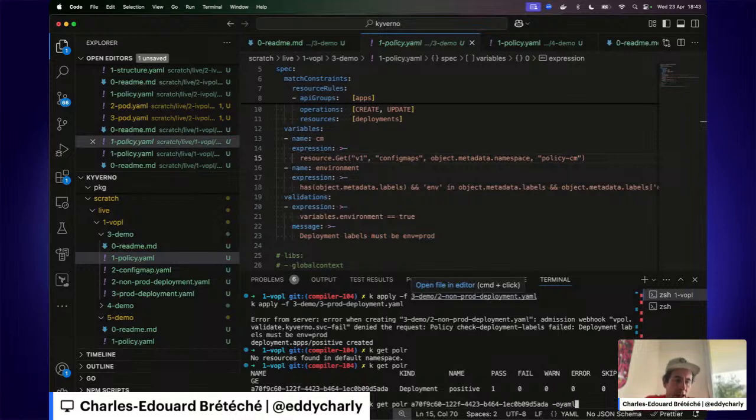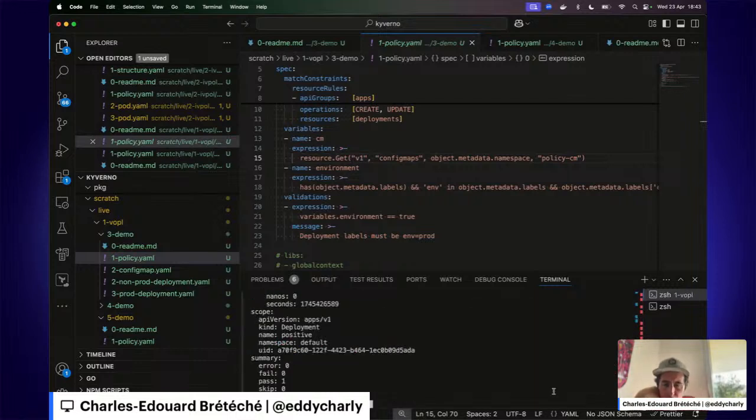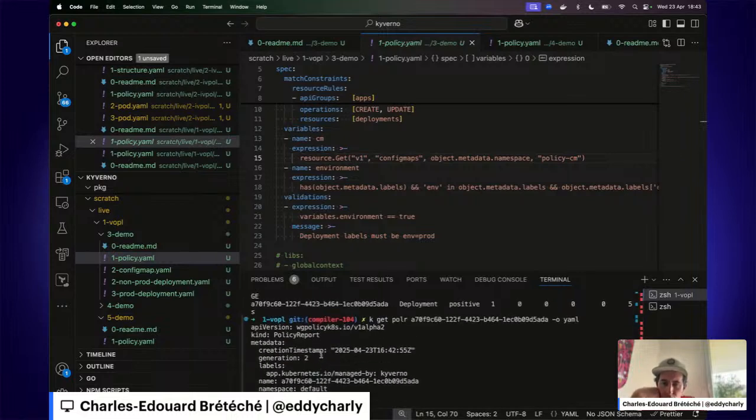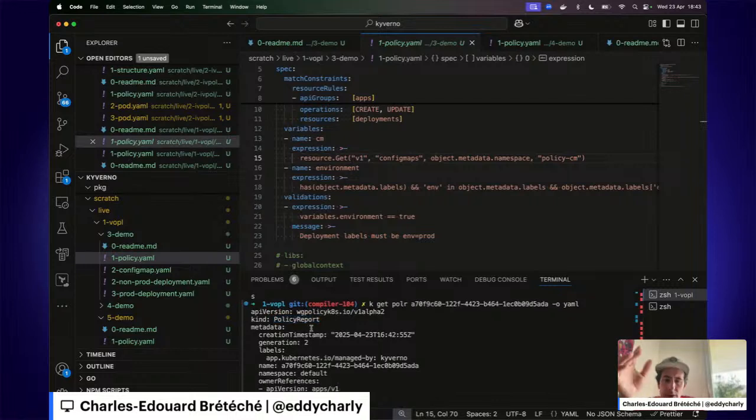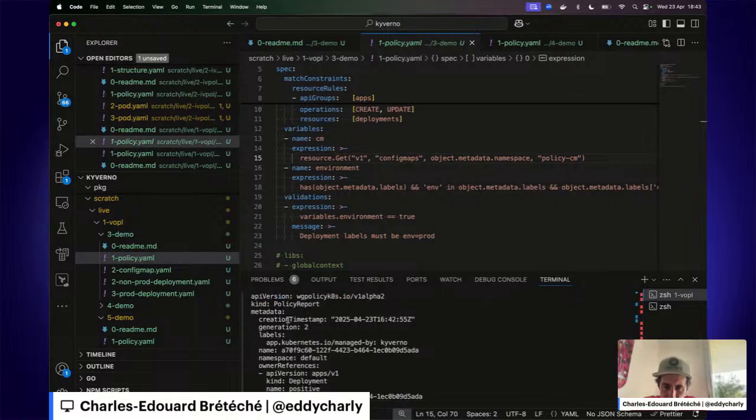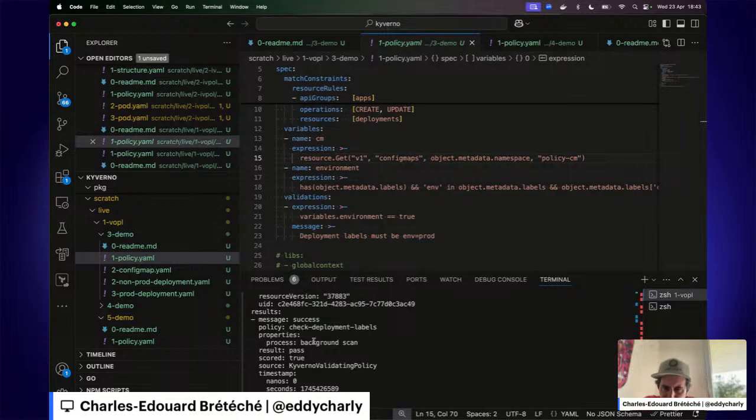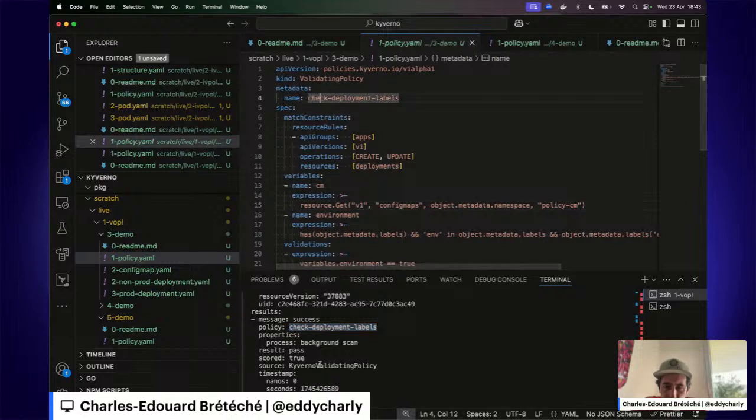So after a while, we can see that we have a report generated for this resource. This is for the positive deployment. We have a few stats, 1 passed and 0 fails. And if we look at the report, we have a policy report from the policy working group. This is a CRD that is not specific to Kyverno, but Kyverno uses it. And we have check deployment labels, which is the name of the policy.